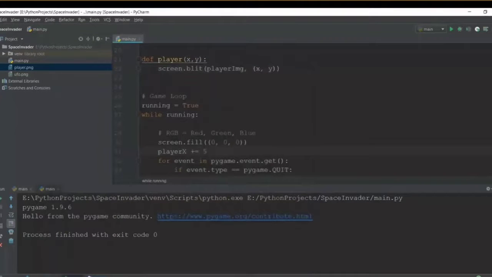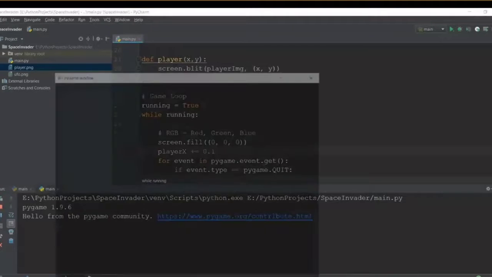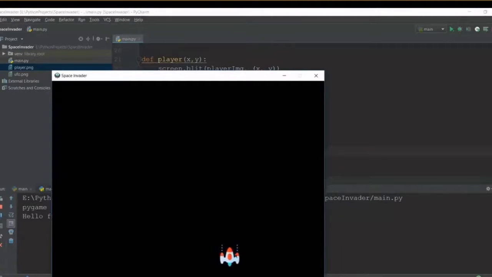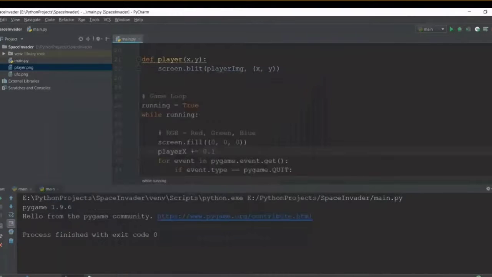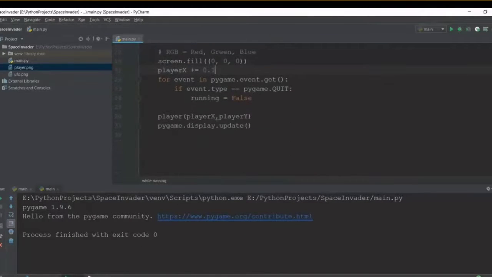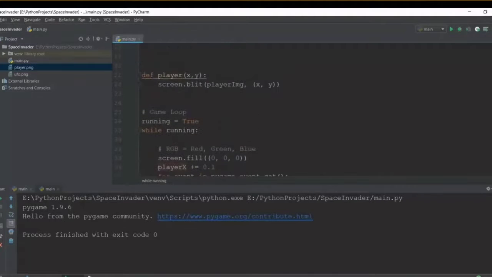Just to slow it down, I'm just going to give it the value of 0.1 so that you guys can see it properly, and you will see that it is moving in the right hand side direction slowly. So why is this happening? Every time this while loop is running, the player X coordinate increases by 0.1, and this value is sent over here in this player function, and then it is sent to this new player function, and the new image is basically drawn on a new coordinate and the original image is being removed.